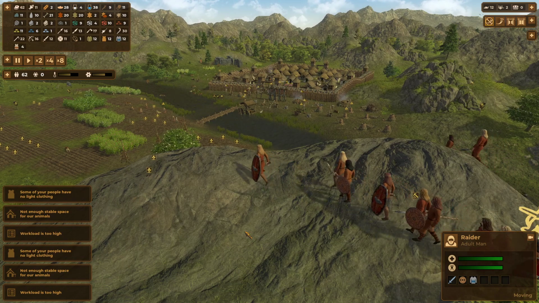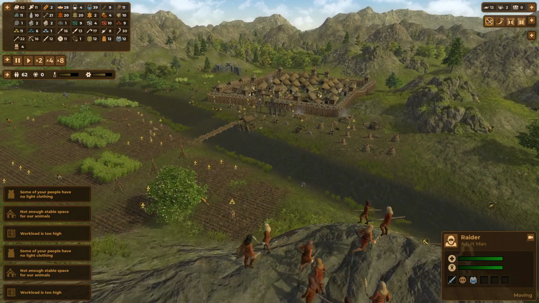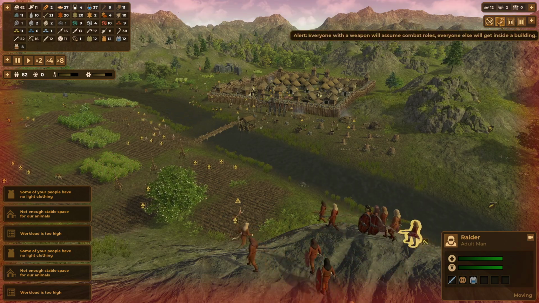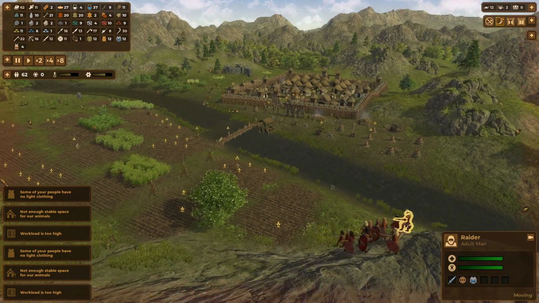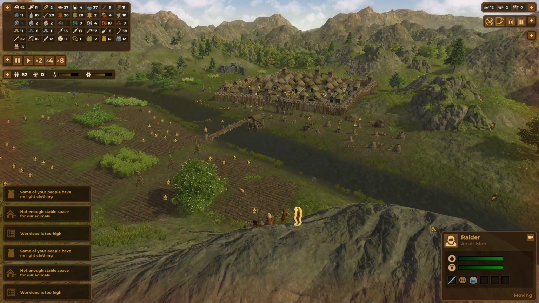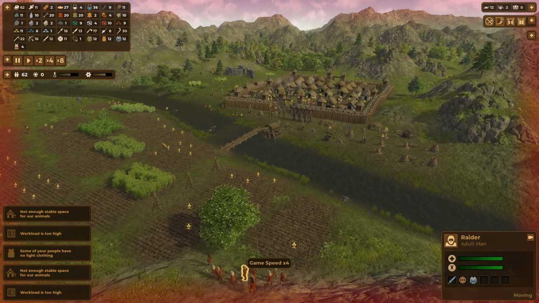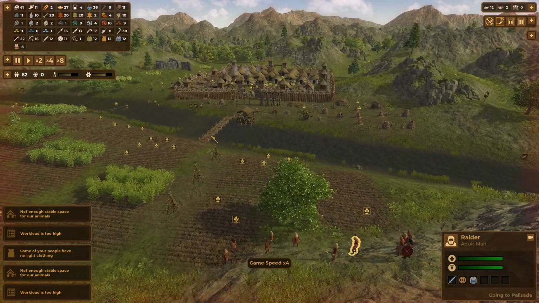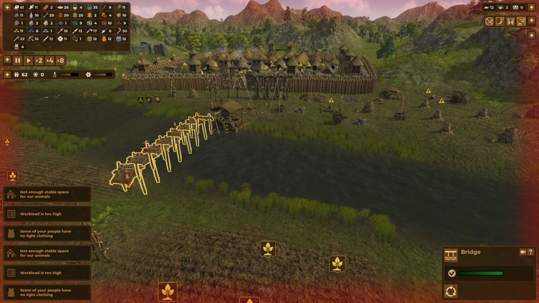Look at them come. What a view. Enjoying this approach. So it looks like they're starting to run, so we're going to sound the alarm, get everyone in. Everyone's coming back from the fields and into the camp, and I think we probably will close our gates on this one. I'll just speed up the game speed a little bit. They're going to be coming across our bridge. Here we go, the attack is on. Let's close our gates